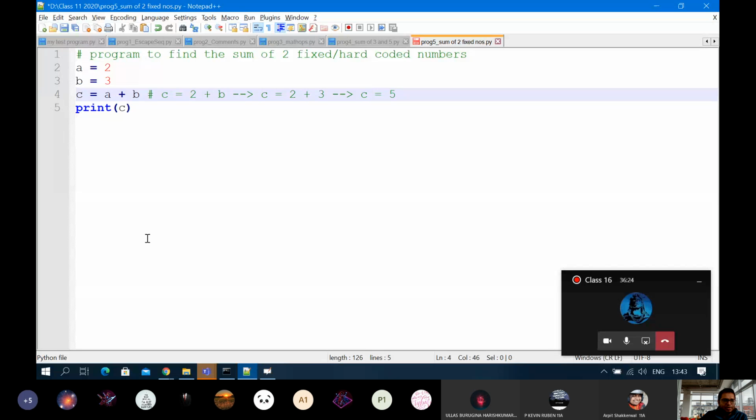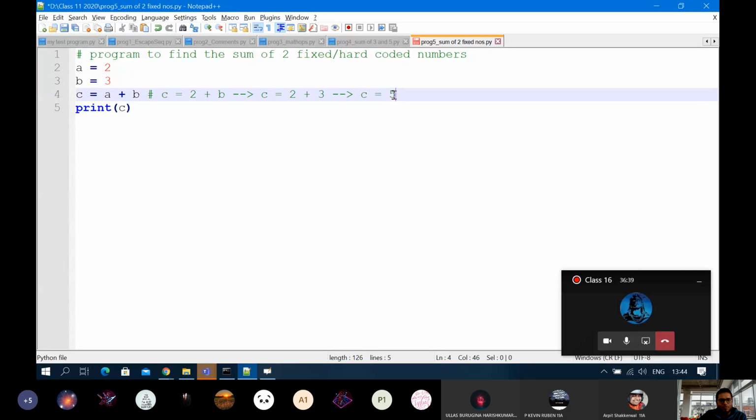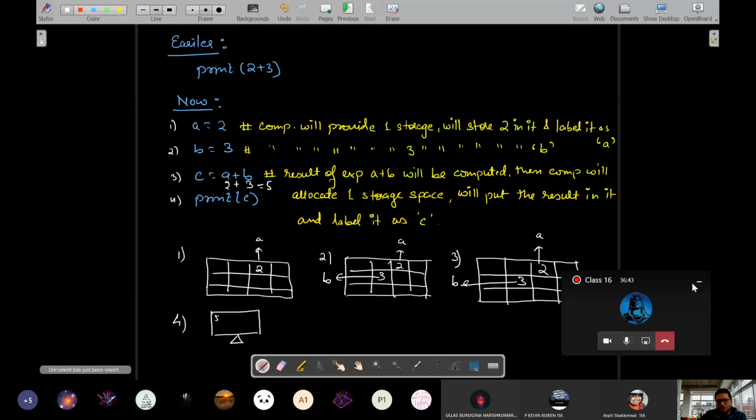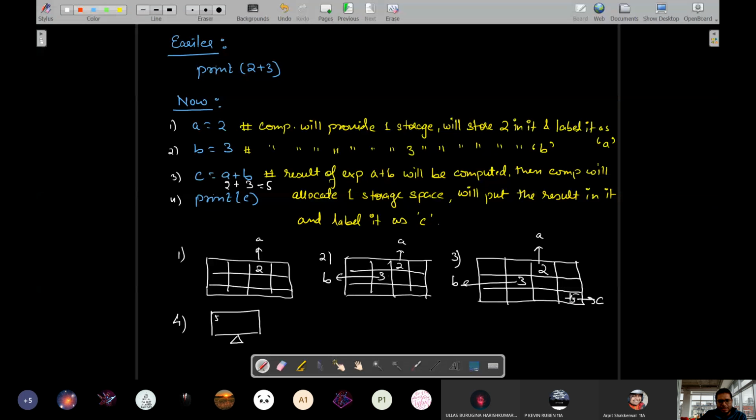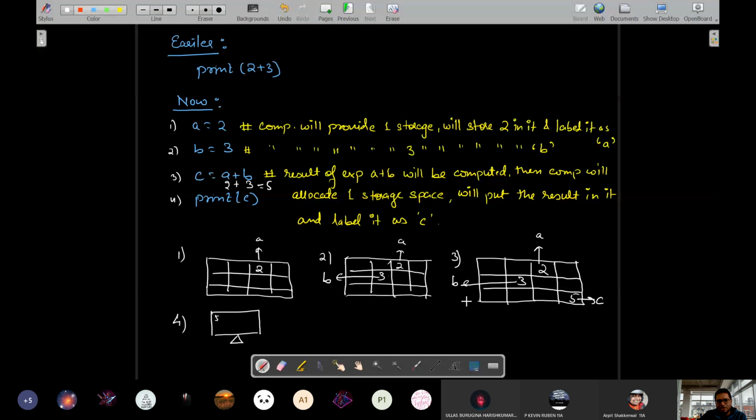Now you can see it is similar to the above expression, wherein only one value is there on the right hand side. So whatever the computer did for the first two, in the same way, the computer will look for one of the available spaces in the RAM. Let's say it decides to pick up this space, which happens to be empty. There it will put the value 5 and label it as C. Okay? So then you can say the state of the memory becomes like this.